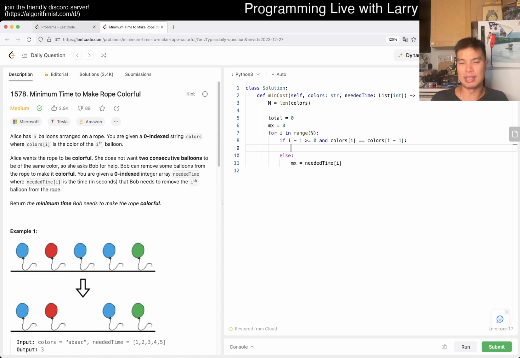And then otherwise, if they are the same color, because if they're a different color, then you don't remove this one, right? Because this is the first balloon of a new set of colors. Otherwise, you want to see if neededTime[i] is greater than max. At the end, we set max equal to neededTime[i]. But before that, that means that we're going to remove max, right? So to the total we add max, and that's pretty much it, I guess. Because then now you do this, and then at the end,